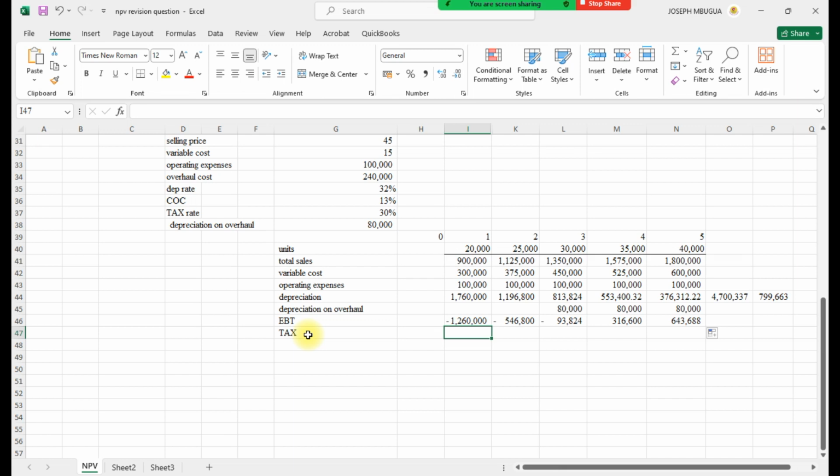When you're dealing with the tax shield, it means you will not deduct the depreciation, and if you are not deducting the depreciation, like in this case for year 1, the reason we are getting a negative 1260 is because of depreciation, which was 1760. If we did not have depreciation, ideally we would have 900 minus the 400. We'll have a positive value, and we'll tax that positive value and add the savings as a result of depreciation, and therefore the one that we call the depreciation tax shield.